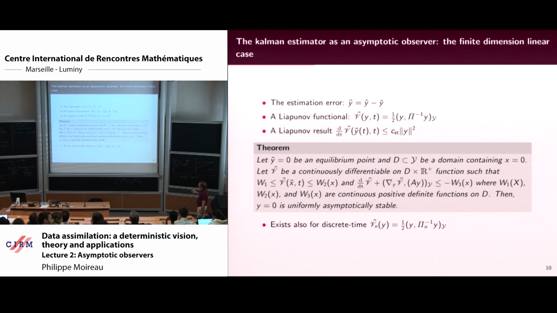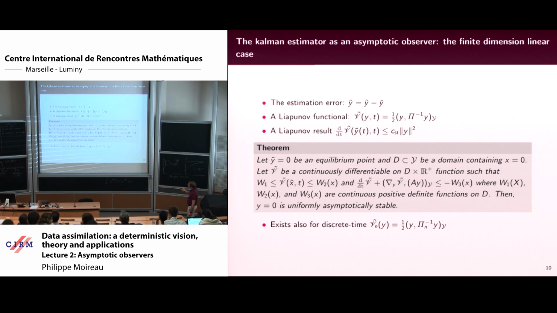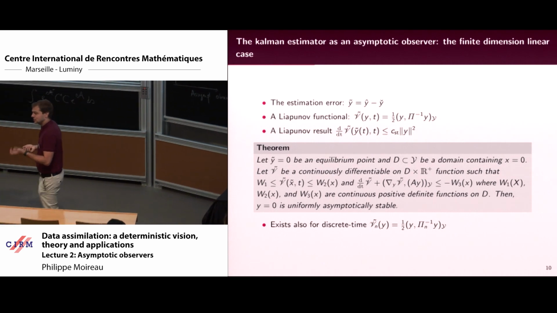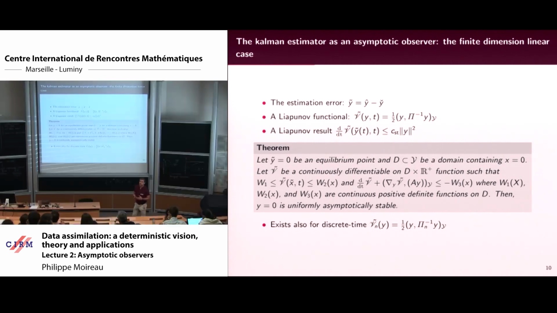But if you have just that, it's not enough. You have to prove that you have an equivalent norm, and to prove the equivalence of norm, you need the observability condition, okay? So it's only when you have the observability that you can prove that you will converge through time. The same exists in discrete time, and then you replace P of t by Pn, computed by the discrete time Kalman filter that I showed you.